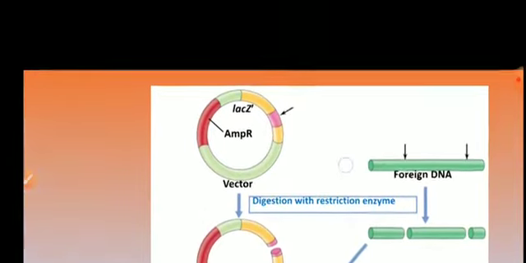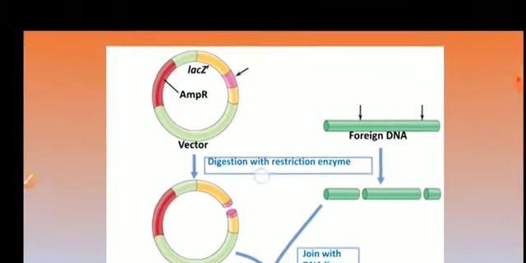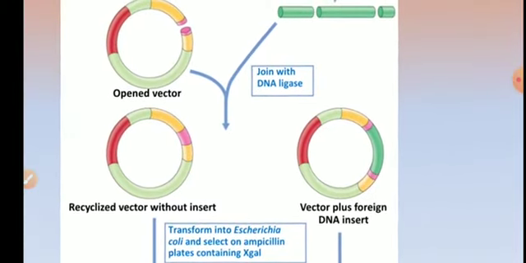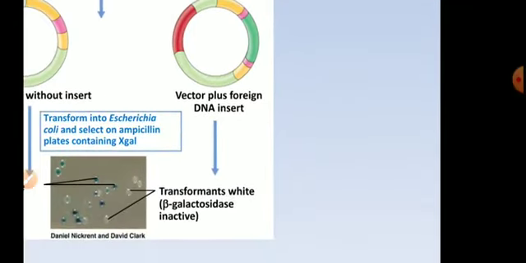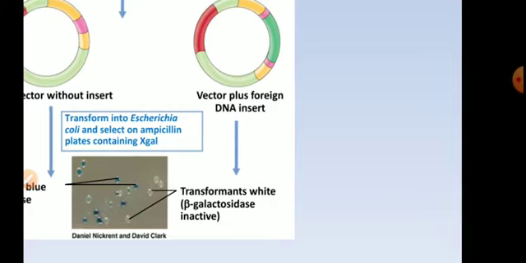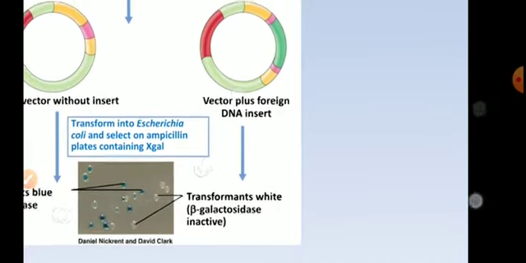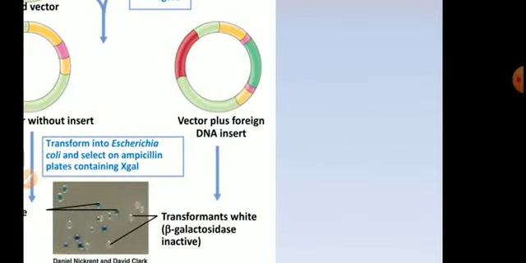So you can see here, this is the pUC plasmid vector. Foreign gene is inserted by breaking the lacZ gene, which is shown in pink color. The foreign gene is inserted inside it. In the first, foreign gene is not present, and in the second one foreign gene is present, the green one. When you plate it, you will be able to see either blue colored colonies or white colored colonies. White colored colonies are produced by cells which are desirable. Blue colored colonies are produced by cells which are undesirable. So this is how blue-white selection theory helps you in identifying the cells which are without any foreign DNA.